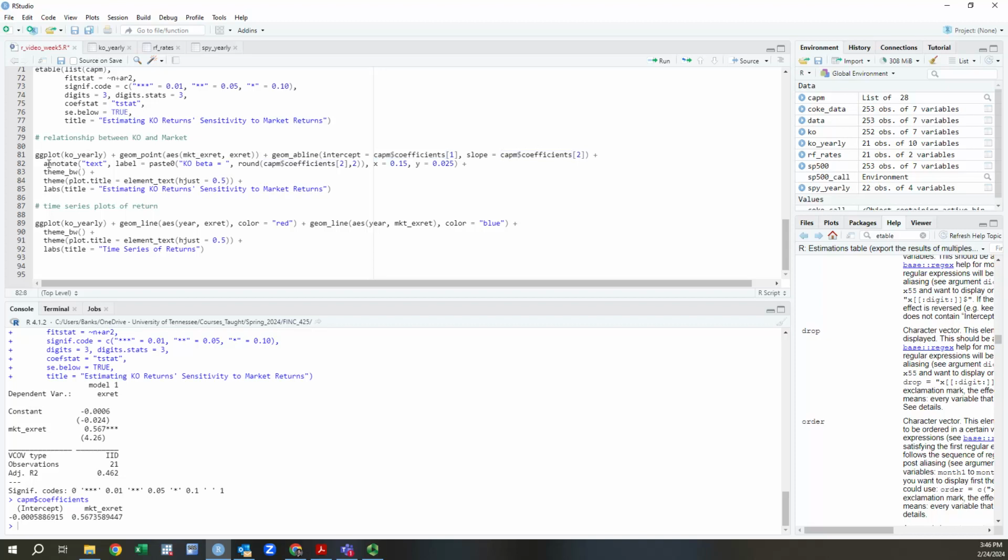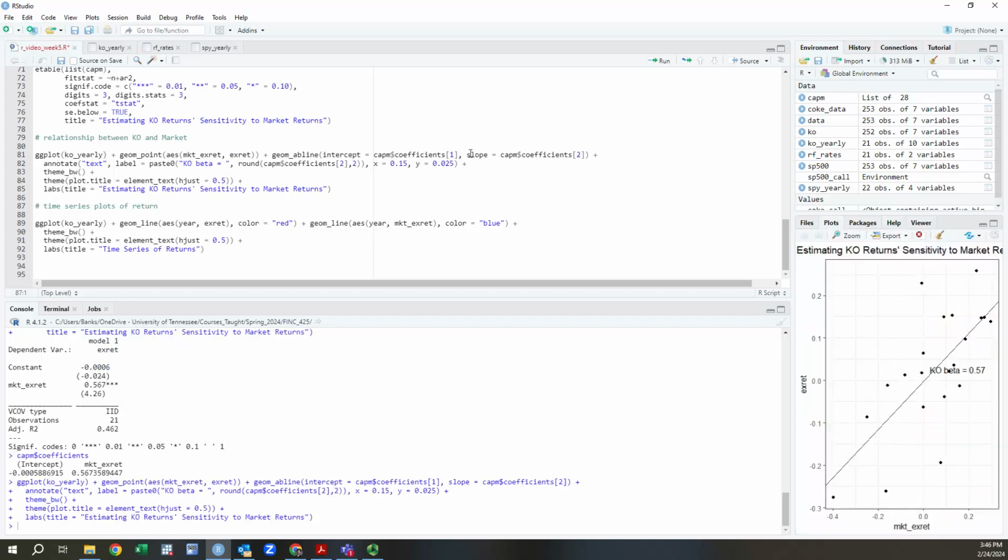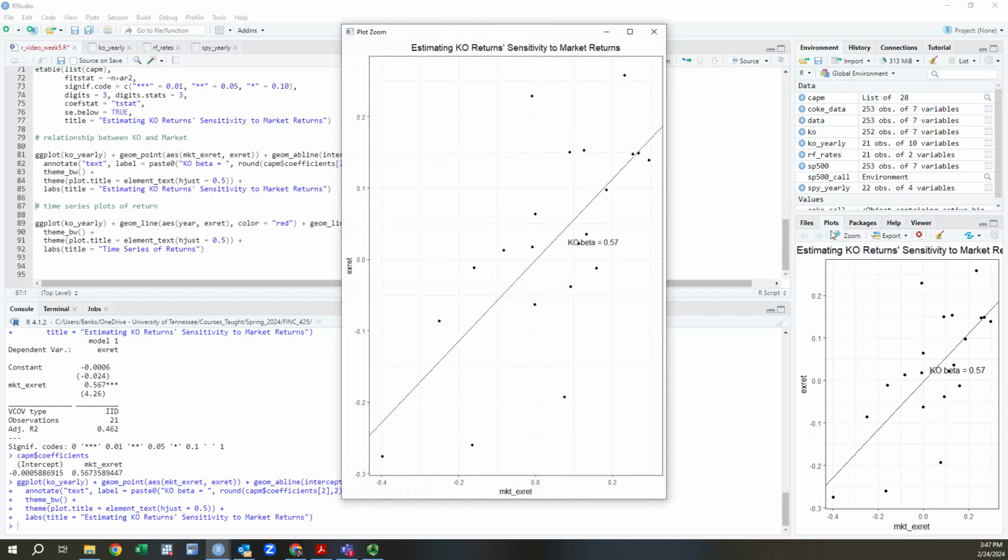I'm going to annotate some text on my figure just so I know what I'm looking at. Use the black and white theme, center my title, and then give it a title. Nothing new here. And wouldn't you know it,